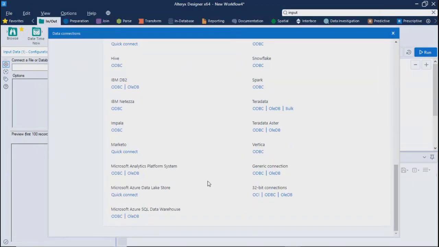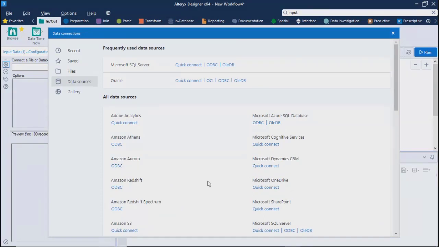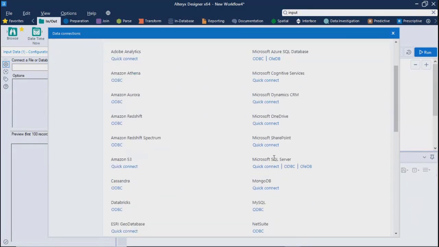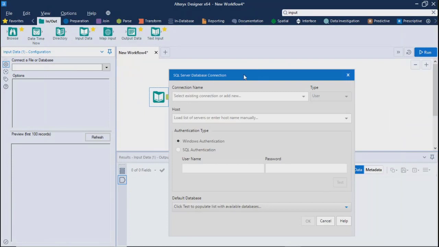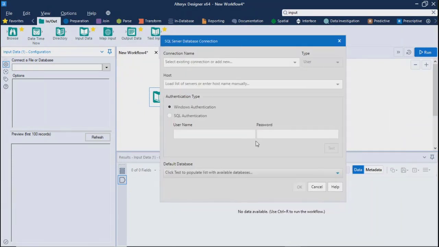Now let me just go ahead and connect to one SQL Server database. So what I will do, I'll just click on Microsoft SQL Server and we'll say quick connect. If I do so, I get this window, and over here it asks for the connection name, it asks for the host, which is the server name, and then the type of authentication you want to use.